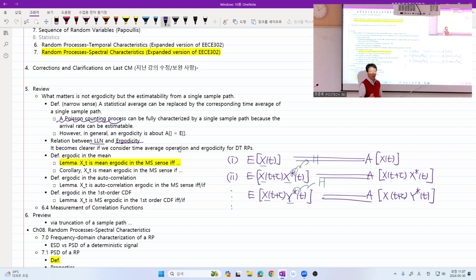to be autocorrelation ergodic. The problem is that the left-hand side is in general a function of t, which is a deterministic function, and the right-hand side is what? A random variable. So in order for them to be equal, there is only one possibility. What? The mean is not a function, but a constant for all t. The random variable has, for example, variance 0, so that with probability 1 or in some other sense, you observe